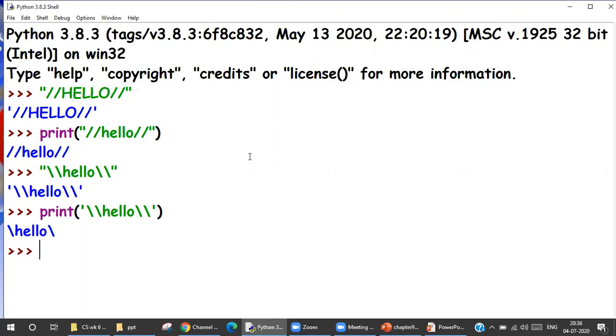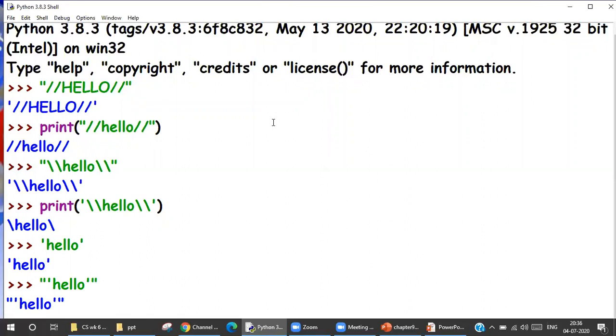Now moving further, the next one was single quote. What if I want my output to be exactly like this? One way is to do this. Inside double quotes, I have written single quotes.